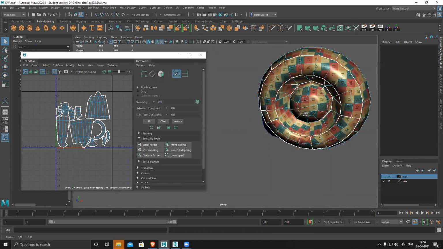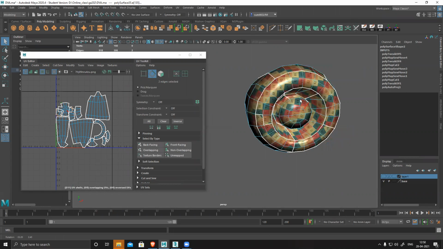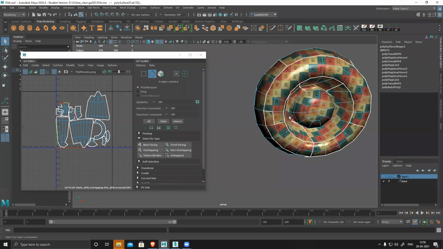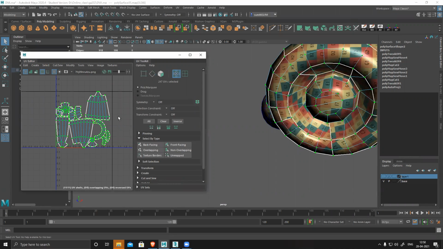Unfold and check. Okay, I can keep this part entirely separate. It looks like separate only.